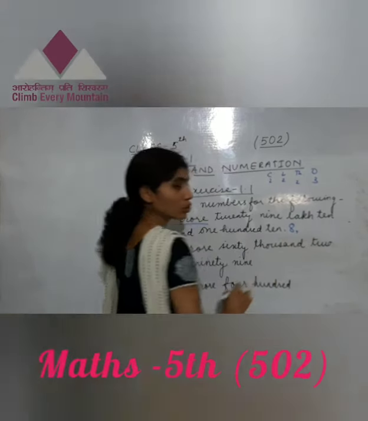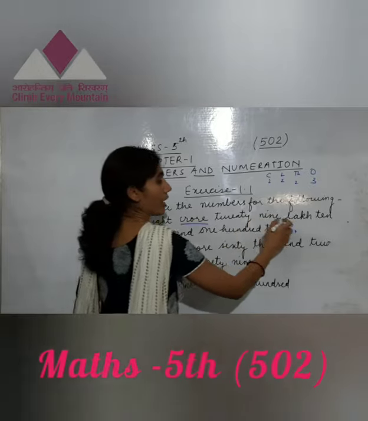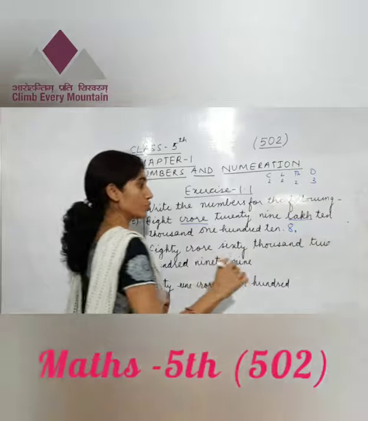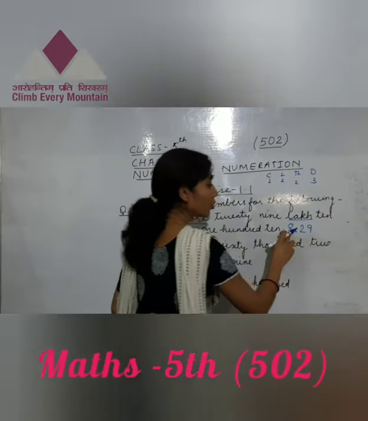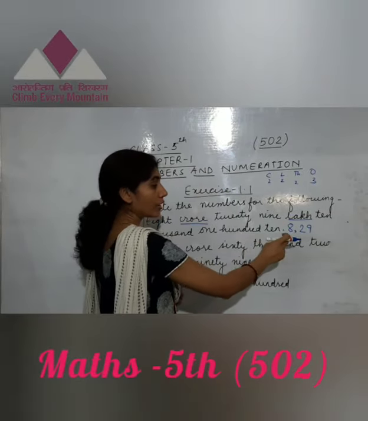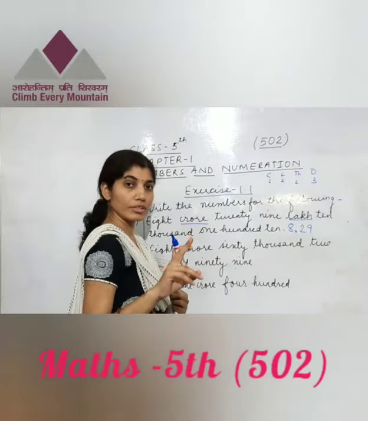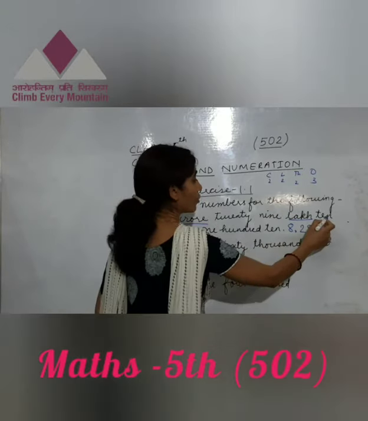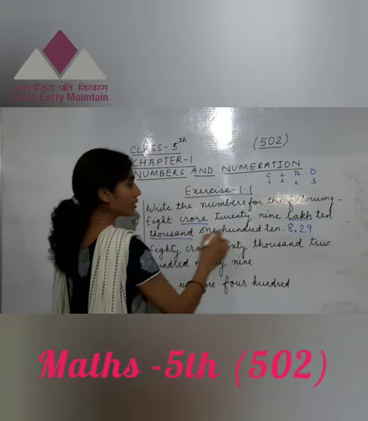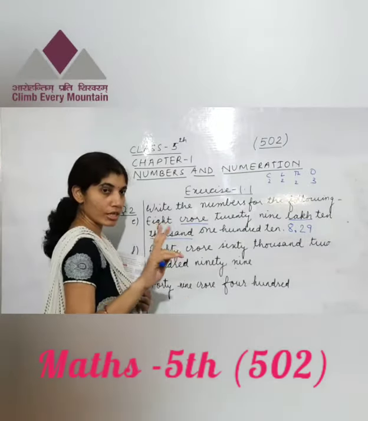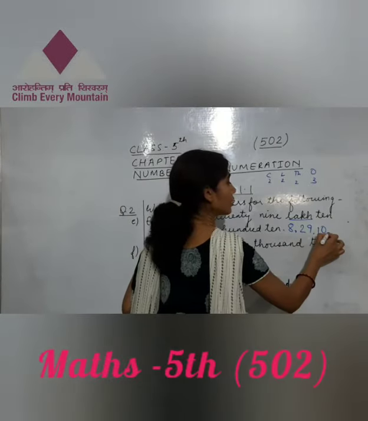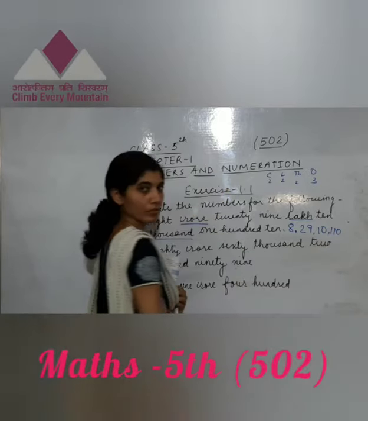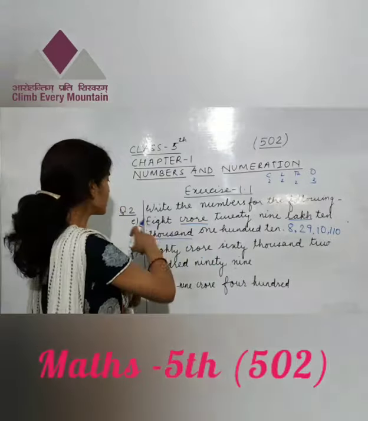Crores period is over, put comma. Then 29 lakh. In lakhs period, what do we have? 29. 2 digits are there. Here only 1 digit is given in the starting period, but I told you that if only 1 digit is there, there is no problem. Okay. So 29 lakh is over. Now 10,000. In thousands period we have 10. 2 digits are there, so we can write it. And then we have 110. So 110. This is the numeral. This is E1 I had done.